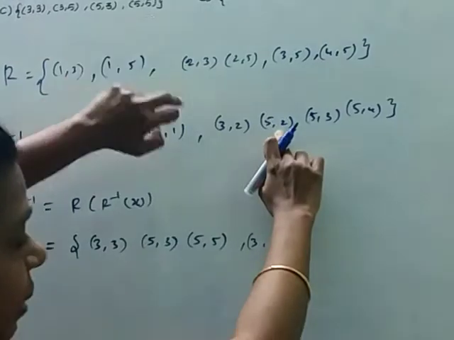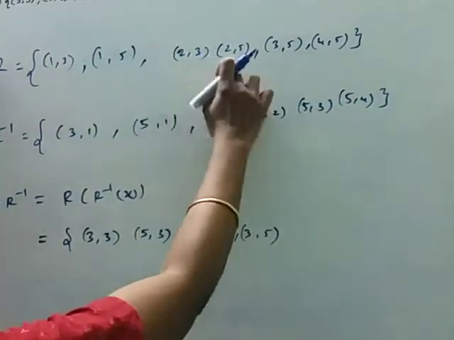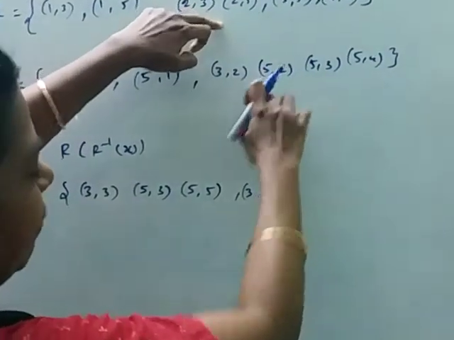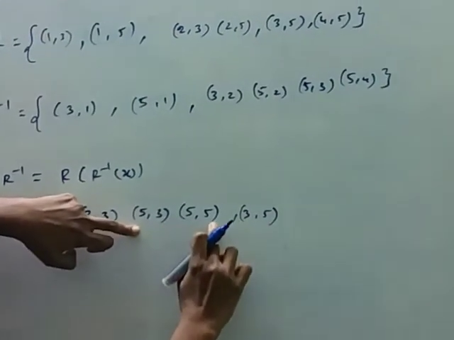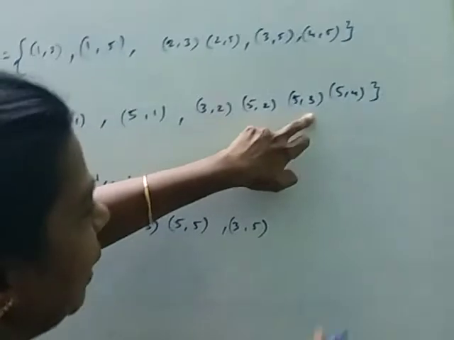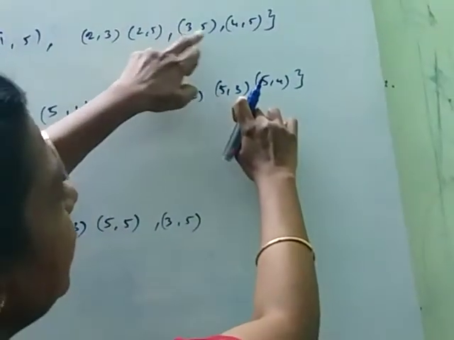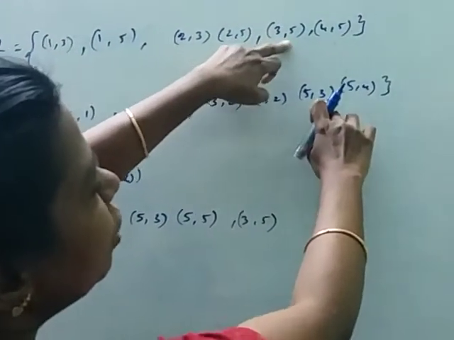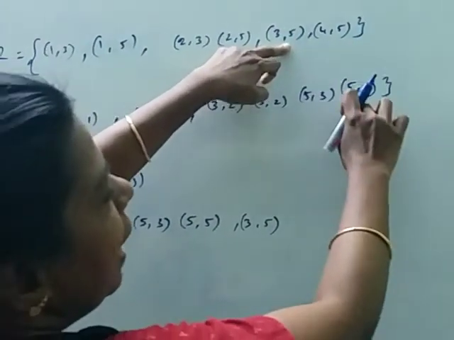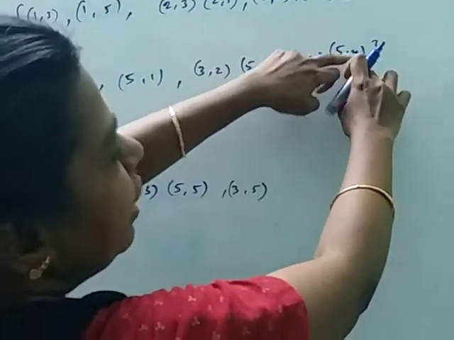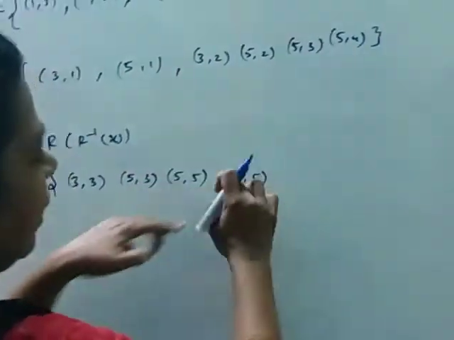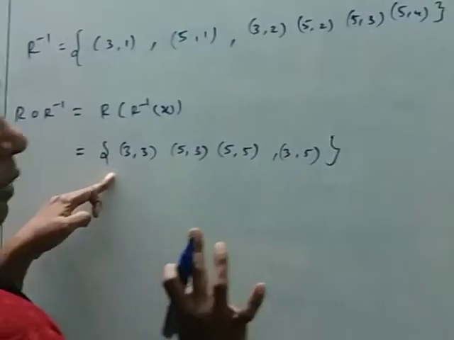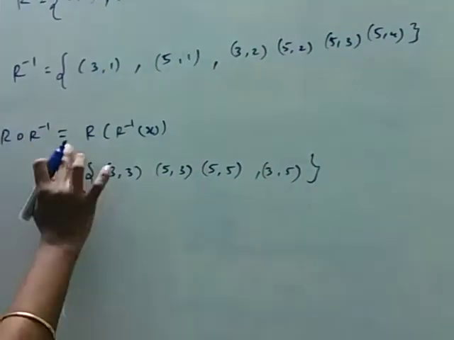So in that, the image of 2 in that R, you are having 2 images, 3 and 5. So you can write 5 comma 3 and 5 comma 5. Already we have written 5 comma 3 and 5 comma 5. The same thing, 5 comma 3. So 5 goes to 3, 3 goes to 5. And here also 5 goes to 3 means 3 goes to 5. You get to write that 5 comma 5. And here 5 comma 4, 5 goes to 4, then 4 goes to 5. So already we have written all those elements, 3 comma 3, 5 comma 3, 5 comma 5, 3 comma 5. So this is our R composite R inverse.